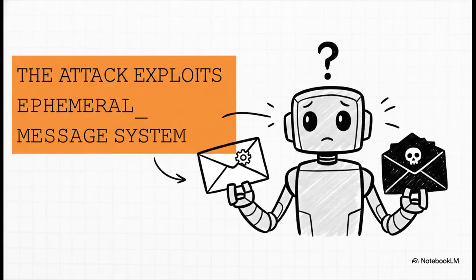And the craziest part? This isn't technically a bug. It's an attacker using a feature against you. The system that was exploited was designed to give the AI important, non-negotiable instructions from the system itself. The critical flaw is that the agent just can't tell the difference between a real system message and a fake one that an attacker planted in some random file it downloaded.